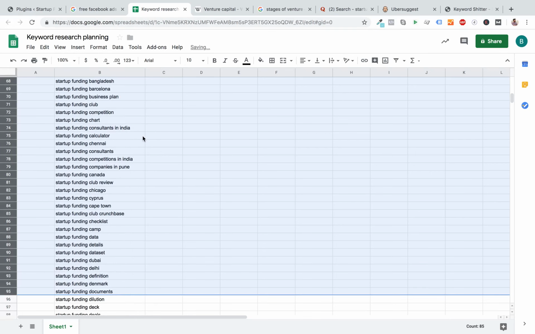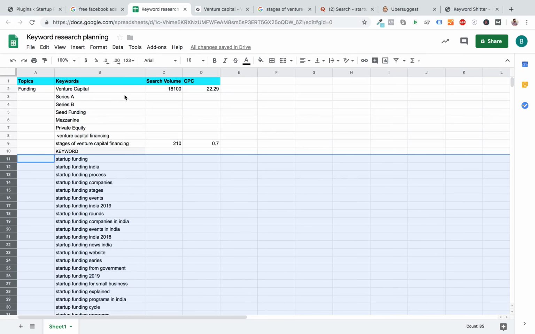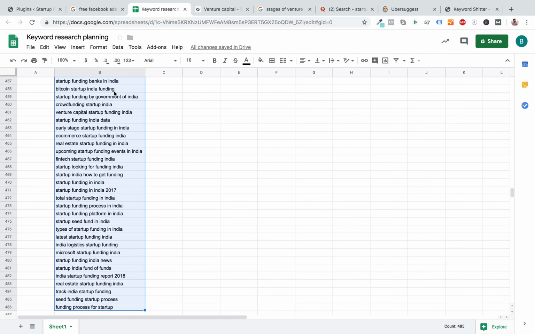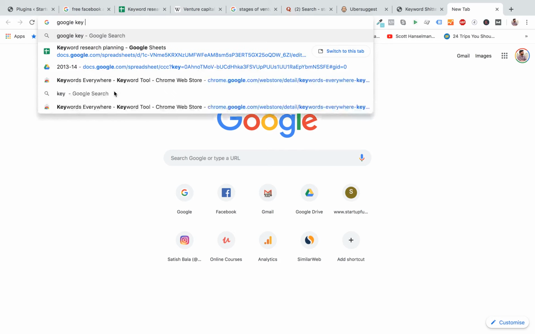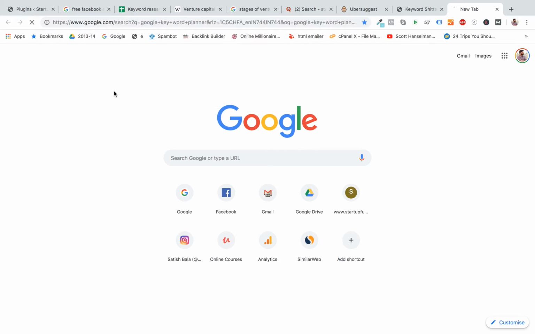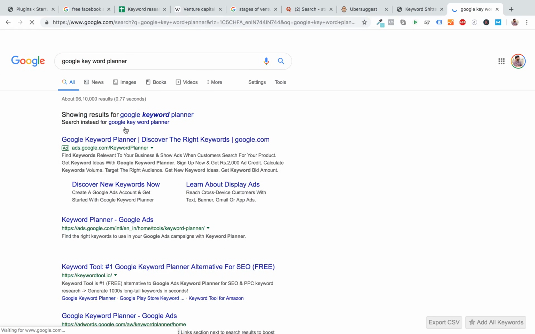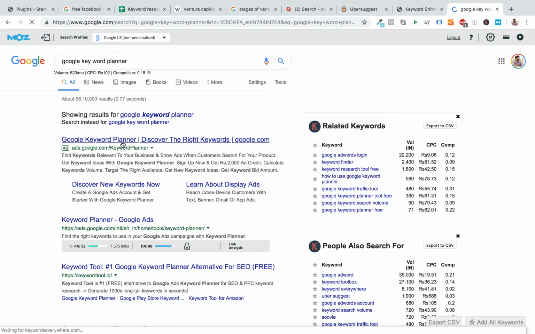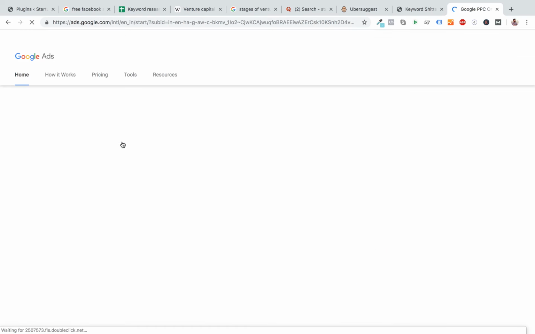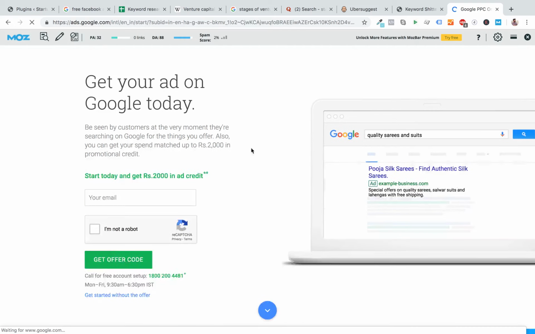So what am I going to do now? I have to get the search volume and this data for all of these. So I copy all these words, and then I'll go to something called Google Keyword Planner. Google Keyword Planner is now a part of Google Ads, so just sign up for Google Ads if you don't have an account yet. You can skip the ad campaign setup for now and just use the planning tool.